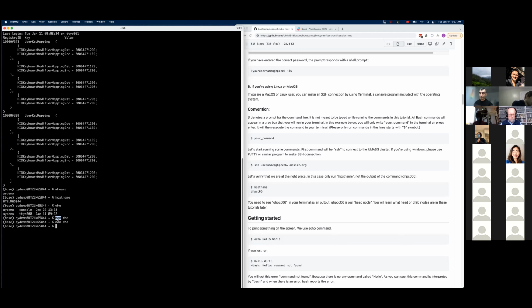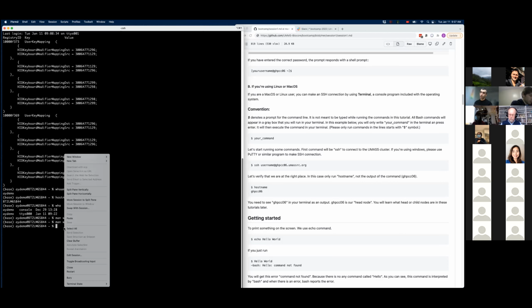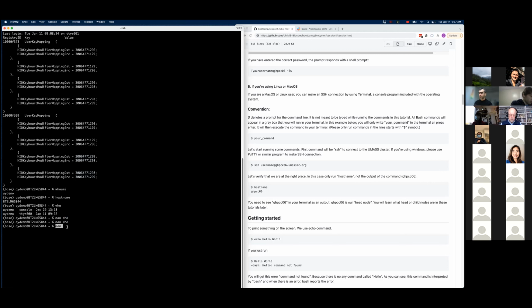So if you select something with double clicking with your mouse, it's automatically copied. And you could do a right click and paste for pasting, or you could use the middle mouse button click to paste. But you are not going to be able to use Control C and Control V for these things.